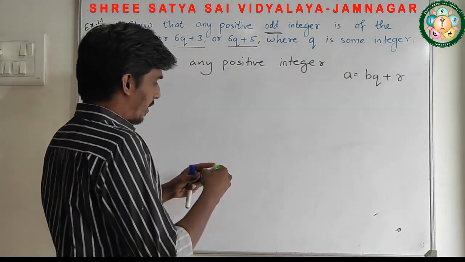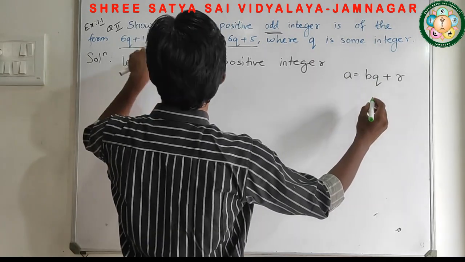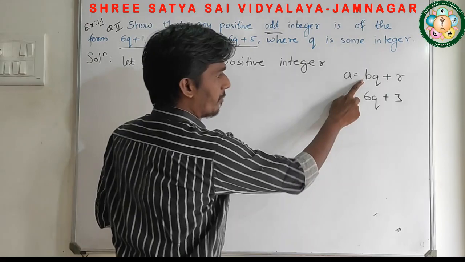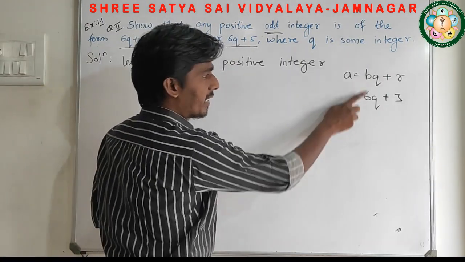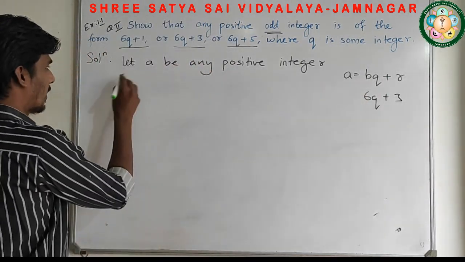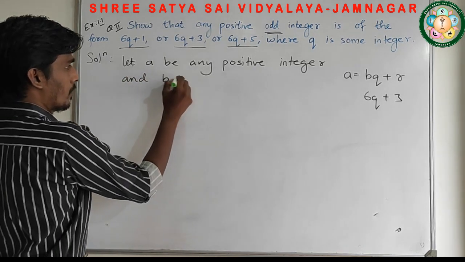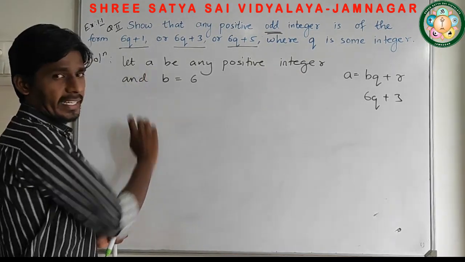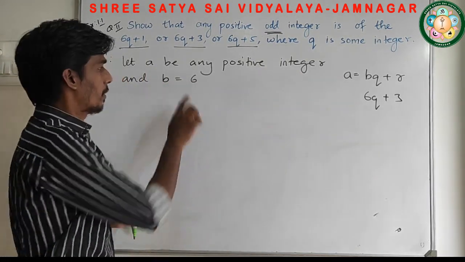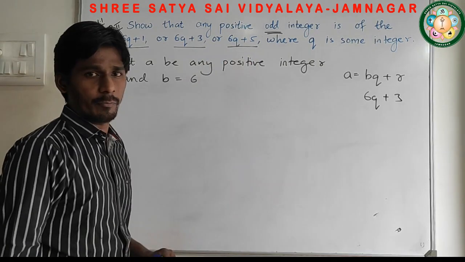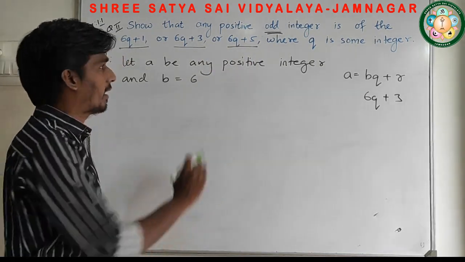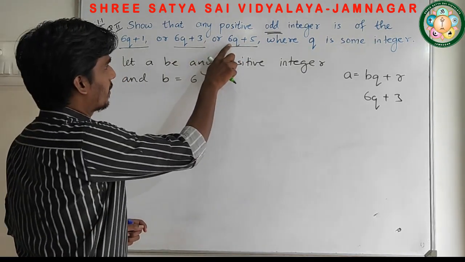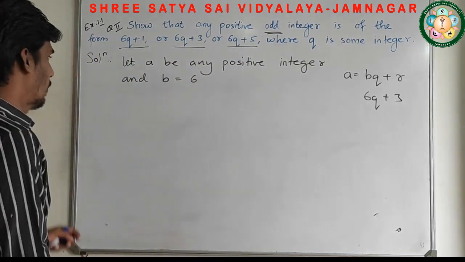So can you compare this? Now if I compare this number and this number, any of these numbers, take 6q plus 3. So instead of b here it is what? 6. b की जगह पे क्या है? 6. So here I am going to take b is equals to 6. तो मैंने positive integer को a लिया and divisor is 6, because 6 is a multiple of each and every form. हर एक form में 6 common multiple है. So 6 into q, 6 into q, 6 into q. So I can see that 6 is the divisor.